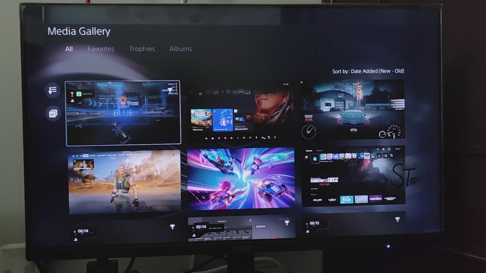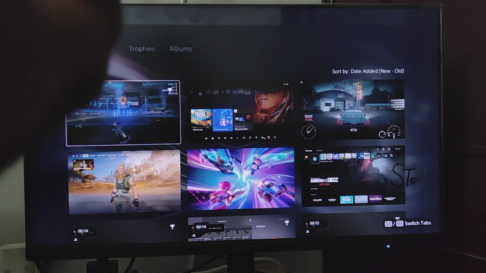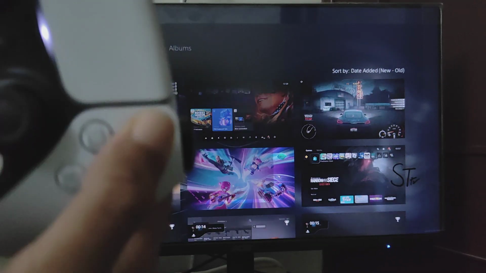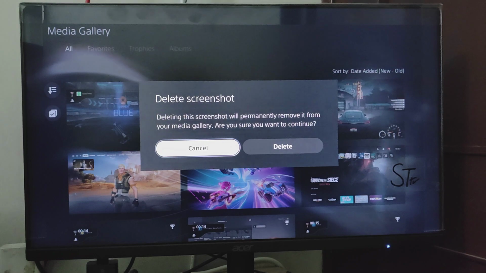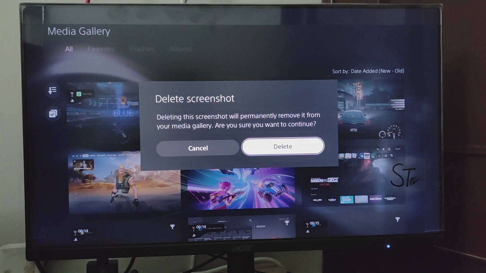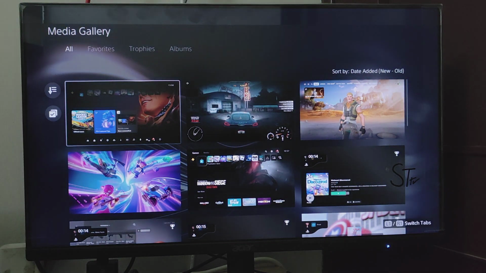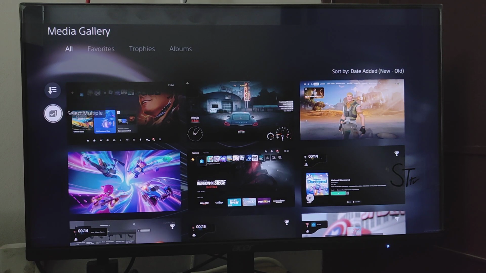To delete a screenshot or screen recording, go to that screenshot or screen recording and press the options button, this one, and then go to delete and press the X button, and then go to delete and press the X button. If you want to delete multiple screenshots or screen recordings, go to the left side and here